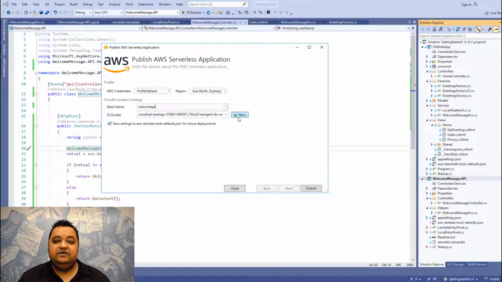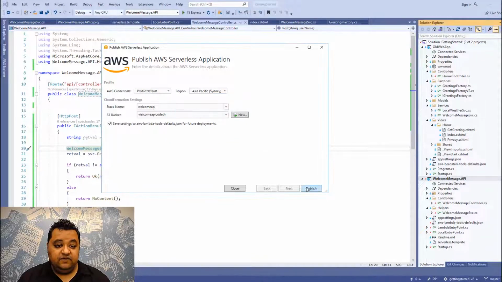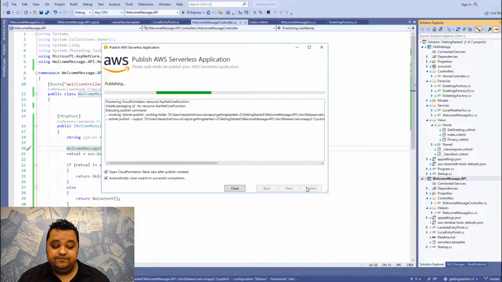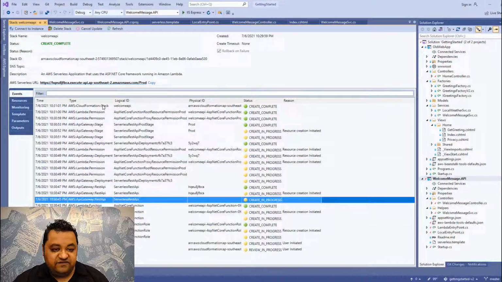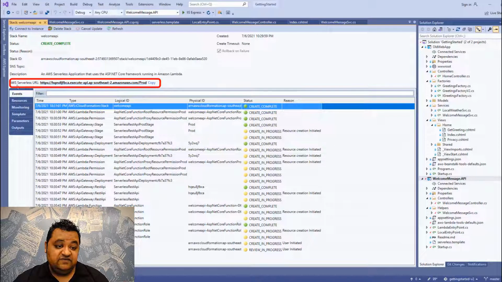Right, and let's go ahead and create a new S3 bucket, which will be used to upload our code. And once that's done, let's go ahead and hit publish. CloudFormation has finished the process of deploying the Lambda function. Therefore, our status is now create complete. Once the deployment is finished, if you look down a little bit, you can see the AWS serverless URL. So why don't we go ahead and copy that